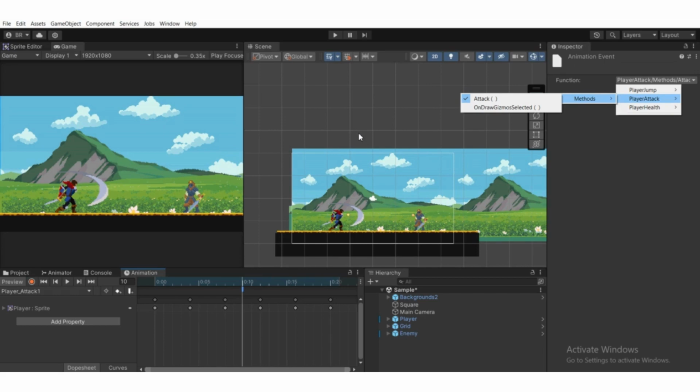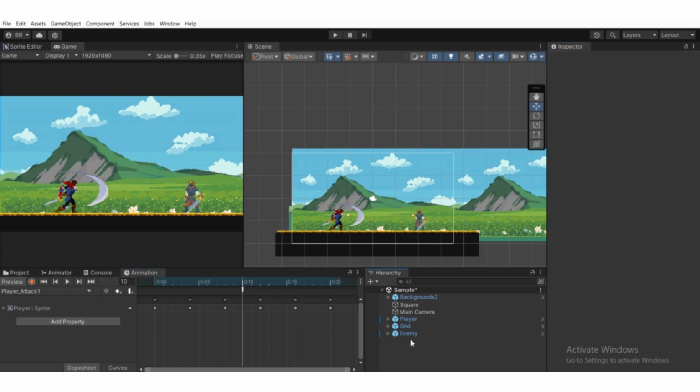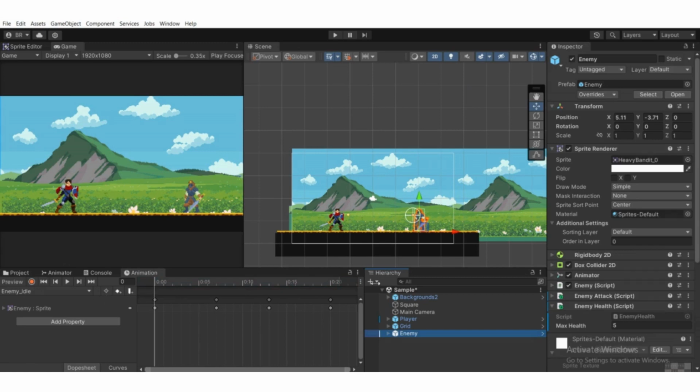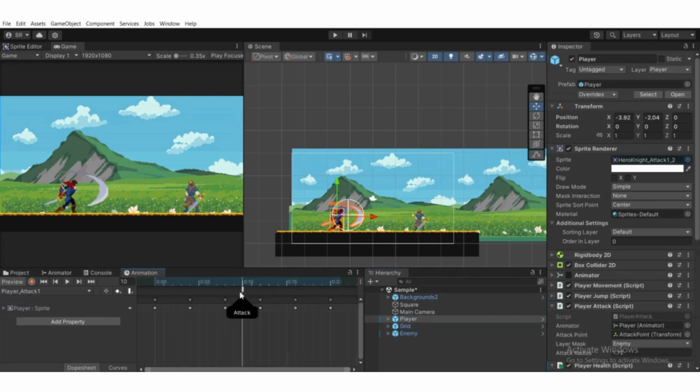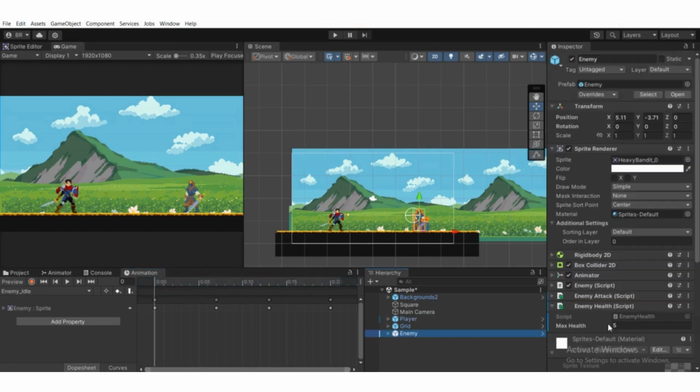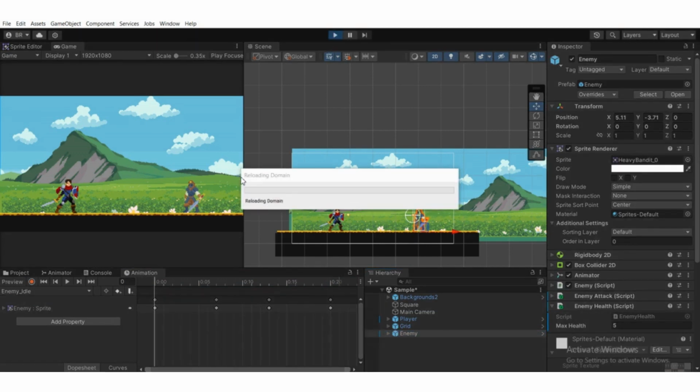If the circle is colliding with the enemy layer, we are calling the take damage function from enemy health. The take damage function will subtract from enemy health by 1 unit. We are calling that player attack function from this animation, as you can see. So select the enemy, and if we hit play, we will be able to see